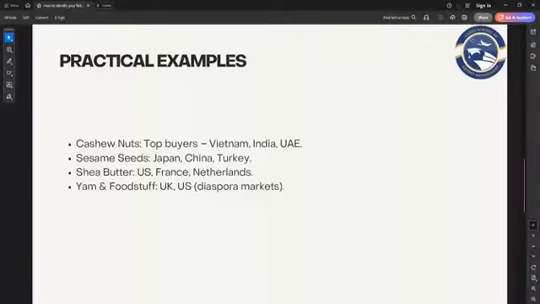You can also look at sesame seeds. Top buyers: Japan, China, Turkey. Okay, so for shea butter, because it's a raw material that is really used in cosmetics, just target European countries. All right, and when we are looking into yam and other foodstuffs, you want to look at countries that have high concentrations of Nigerians,